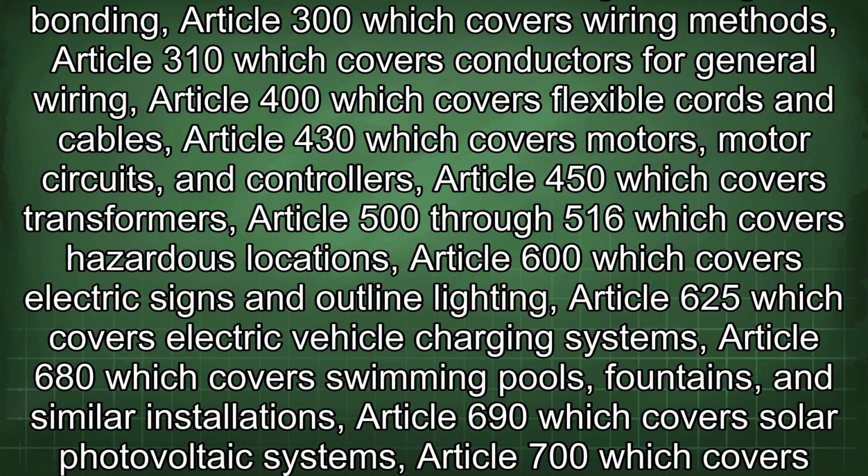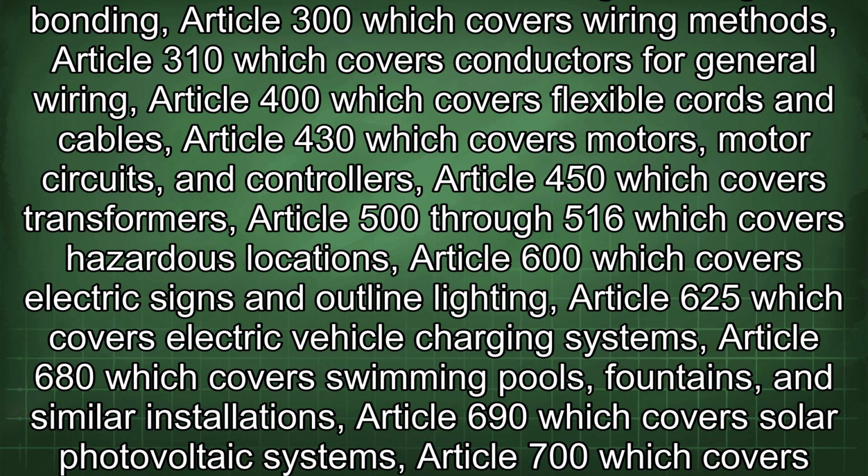Article 400, which covers flexible cords and cables, Article 430, which covers motors, motor circuits, and controllers, Article 450, which covers transformers, Articles 500 through 516, which cover hazardous locations, Article 600, which covers electric signs and outline lighting, Article 625, which covers electric vehicle charging systems, Article 680, which covers swimming pools, fountains, and similar installations,